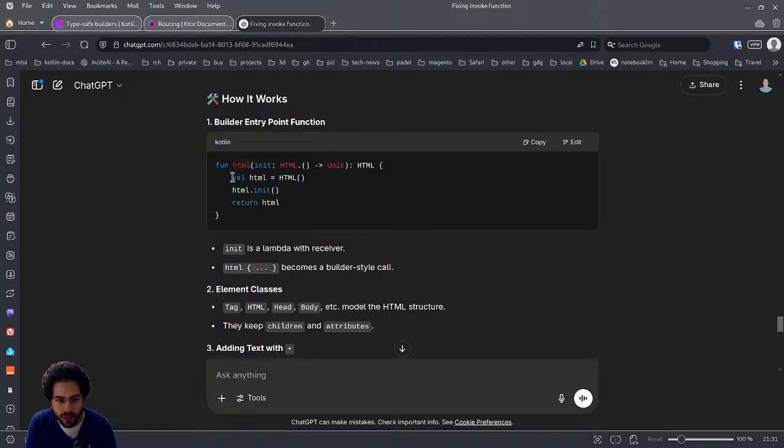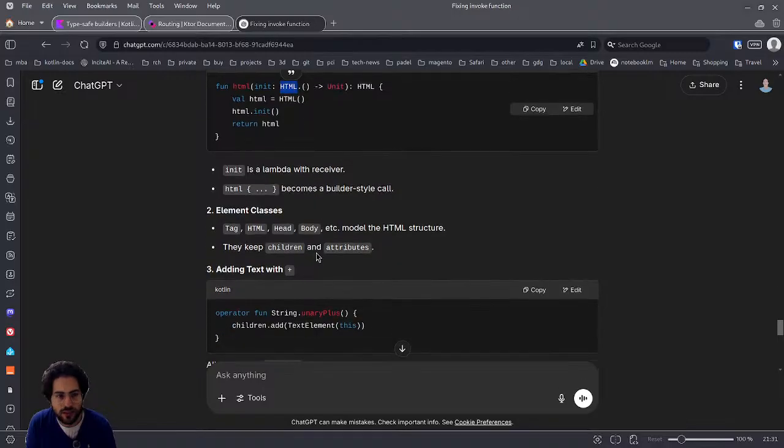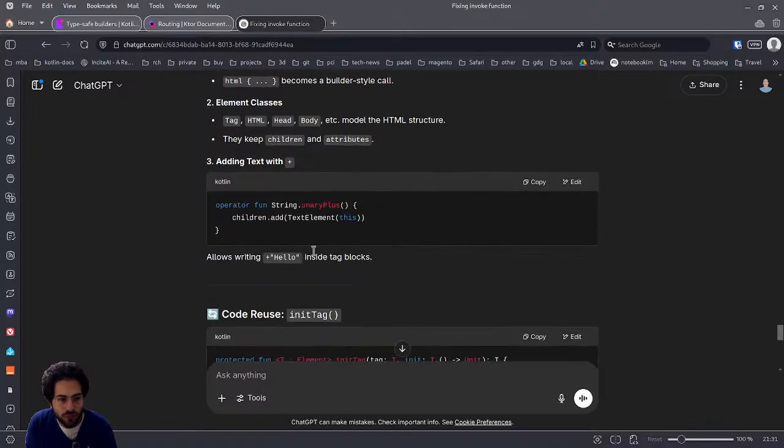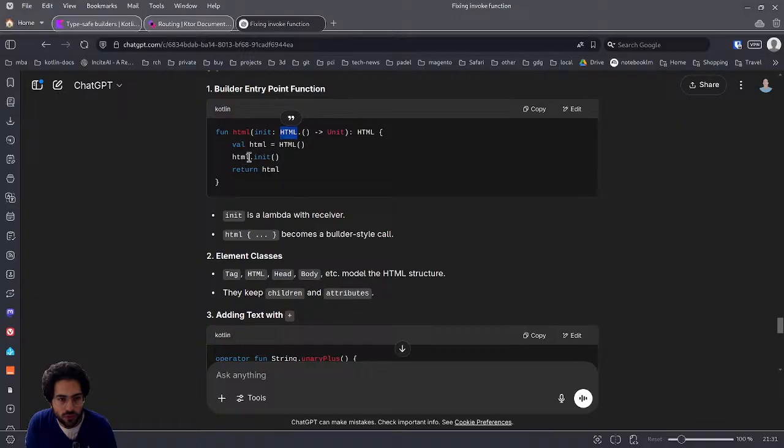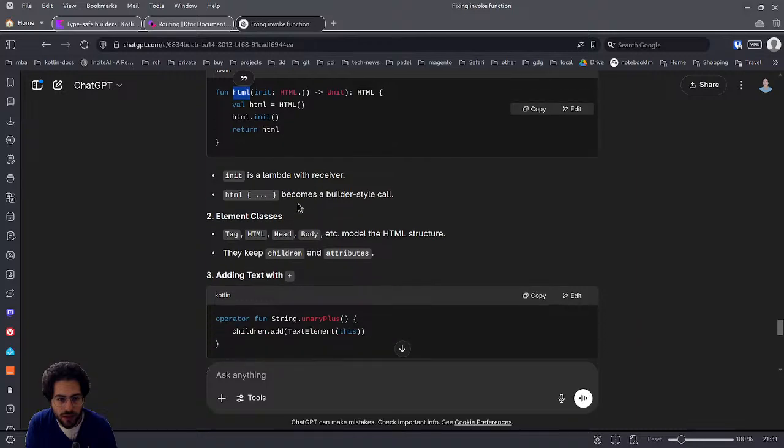So basically, in this case, you initialize the object that you want to then return, and then you call the function that you have here with its receiver type, which is HTML, and then you will be able to basically pass a function to this HTML